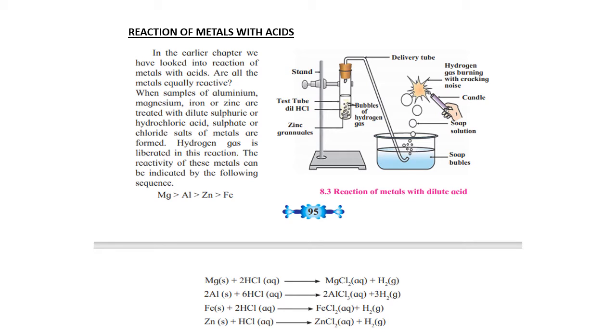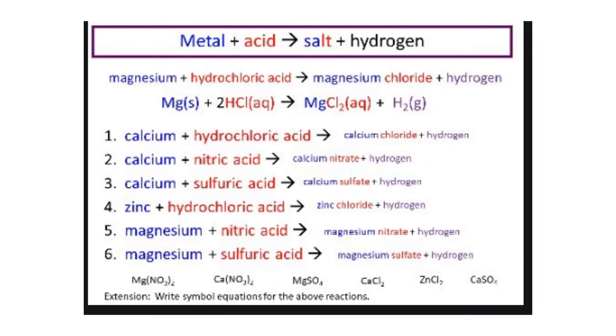If you look at the sequence, we can summarize and say that metals react with acids to form their corresponding salt and hydrogen gas is given out. As I said, metals plus acid form salt and hydrogen, and the equations that we saw are given in words. Only here, the spelling of sulfuric acid is a little different from what we normally learn.